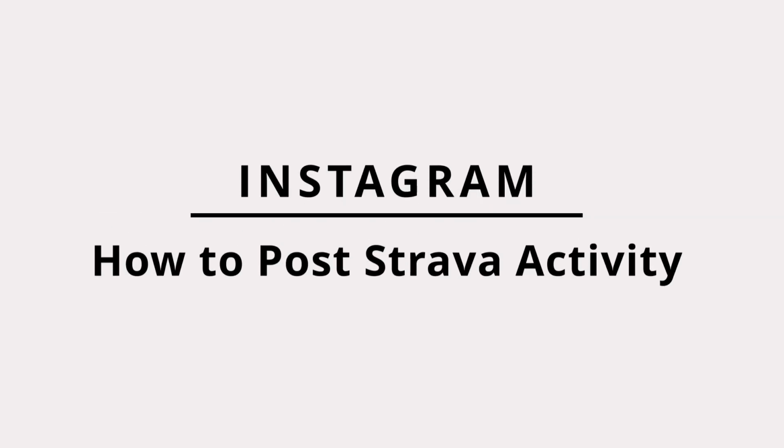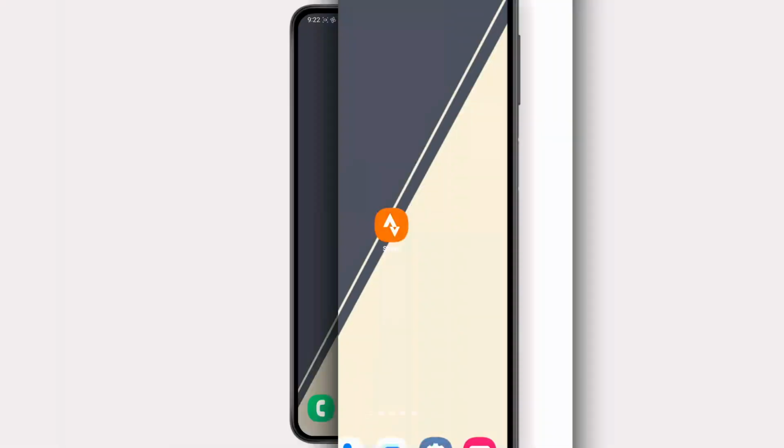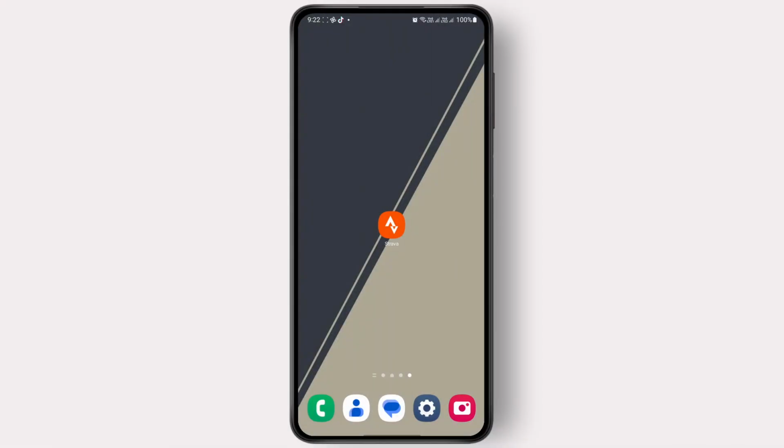How to post Strava activity on Instagram. In this tutorial, I'll show you guys how you can easily share any kind of activity from Strava to your